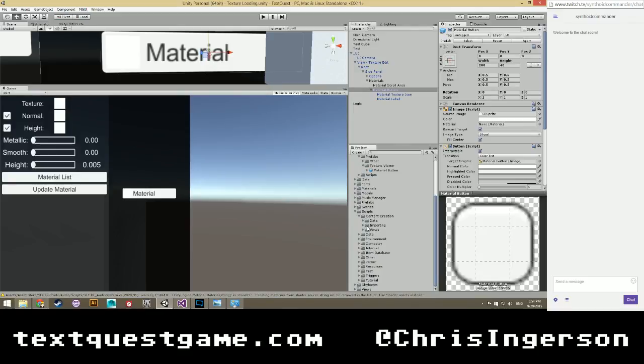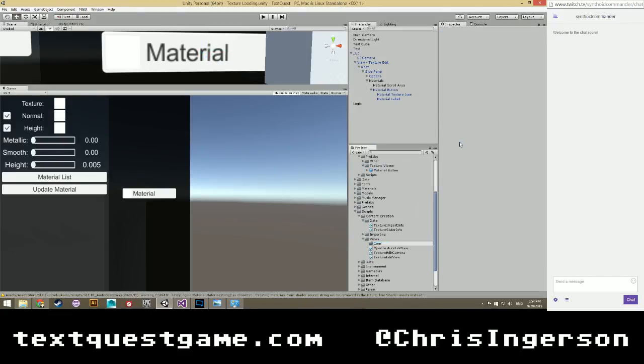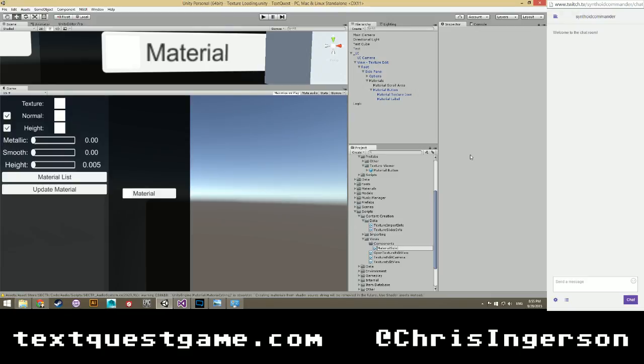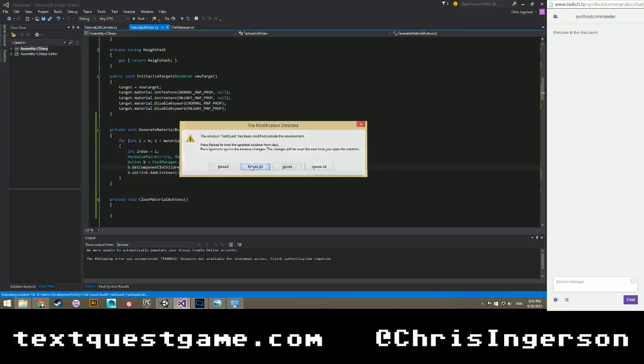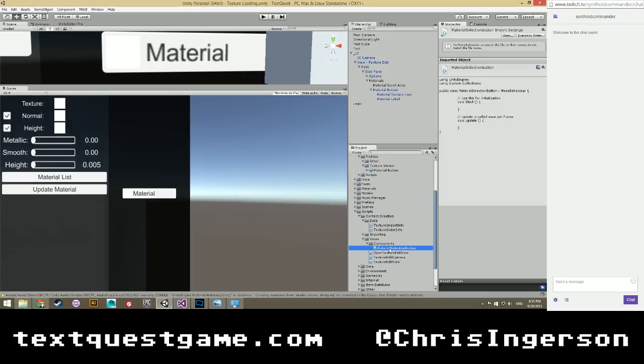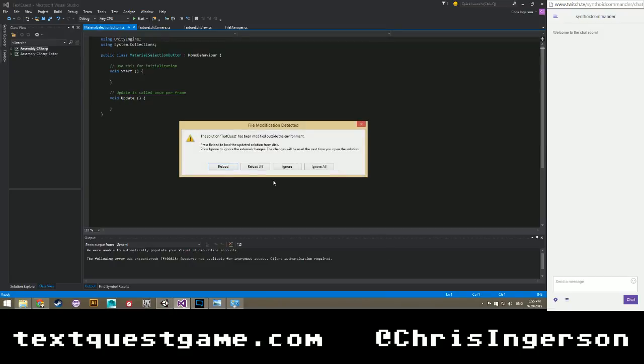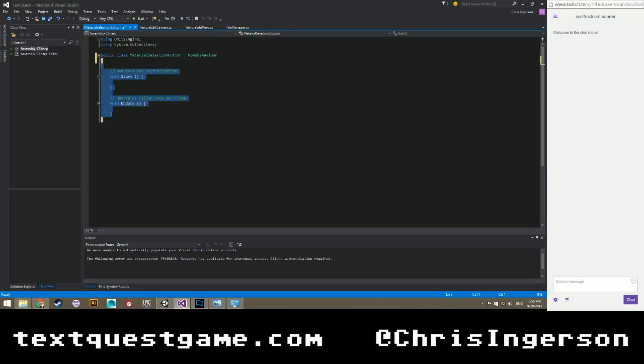So let's go scripts, content creation, importing, no, not importing, views, data. Not crazy about that. Do components. Add, create C sharp script, material selection button. Yes, fine, reload. How did it know? I hadn't even opened it yet. No, now it's just being petty. Reload all, it's fine. Alright, so here's the fun part. Namespace Text Request. Really should put my company name in there. It's fine. And then using Unity